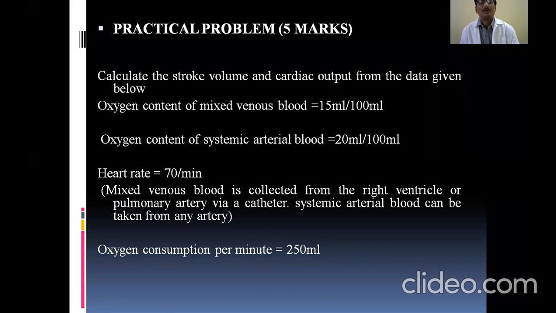Now it is given how this blood is being drawn. For mixed venous blood, blood is drawn either from the right ventricle or from the pulmonary artery by introducing a catheter, from which we can draw the sample. Systemic or arterial blood can be drawn from any superficial artery. Now the oxygen consumption in this case also is 250 ml per minute. So again, using the same formula,